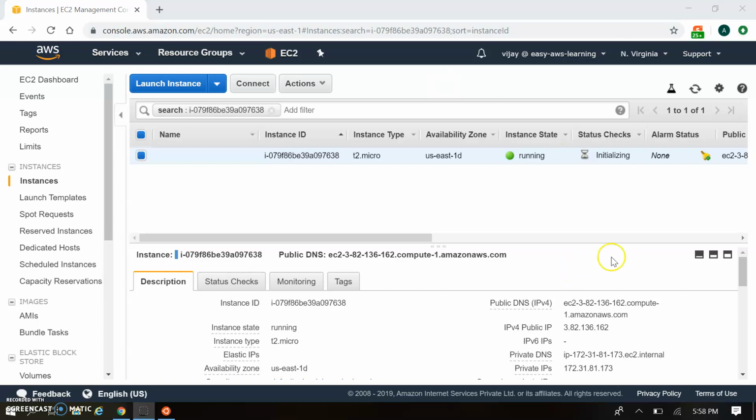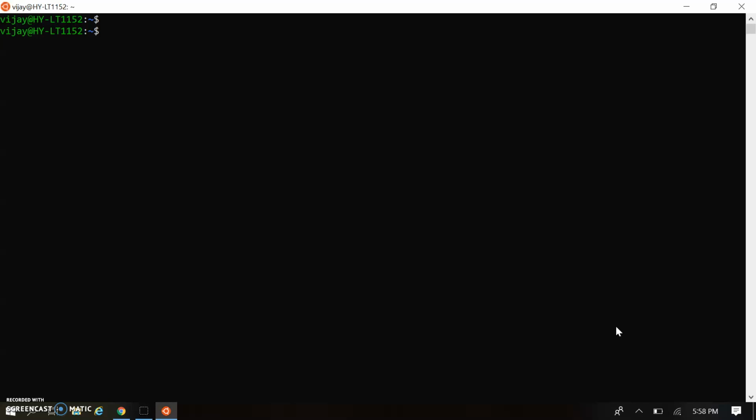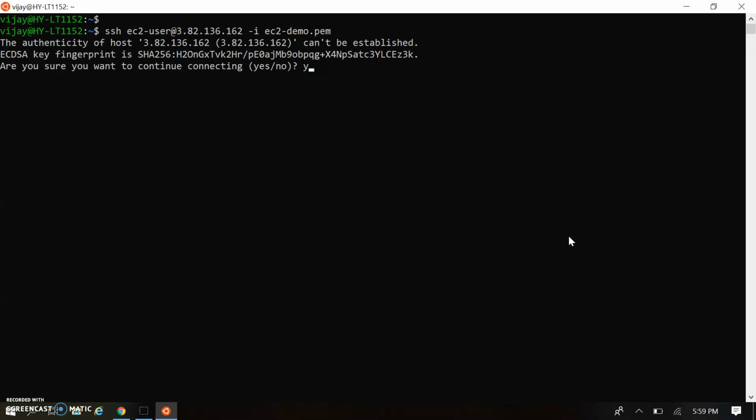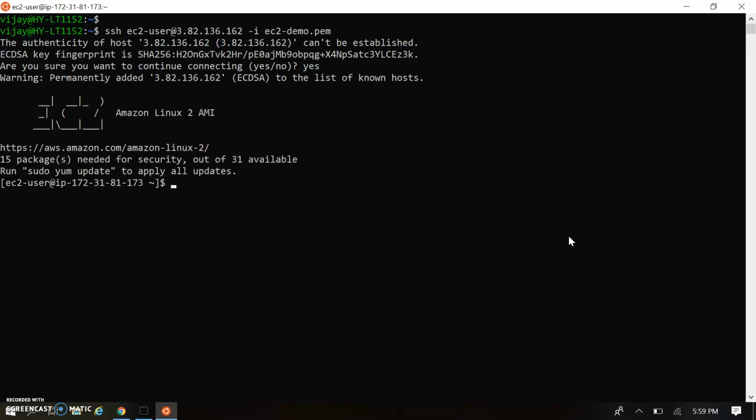So our instance is in running state, so just copying my public IP to have the SSH access. I'm doing the SSH, ec2-user and my public IP, giving the key. So I'm connecting to my EC2 instance. Okay. So I got connected, just moving to root access, sudo su,